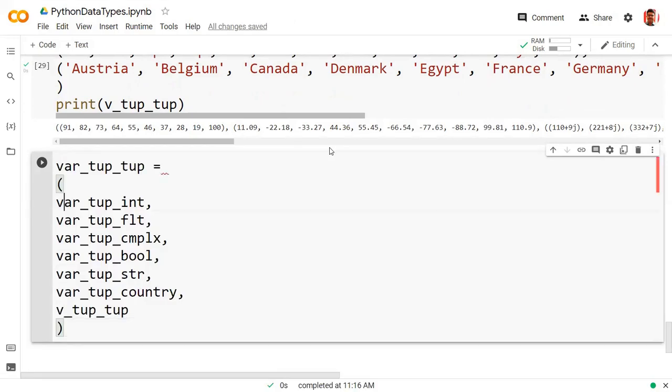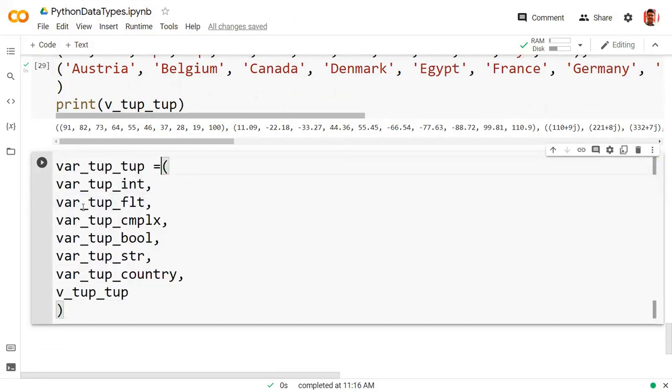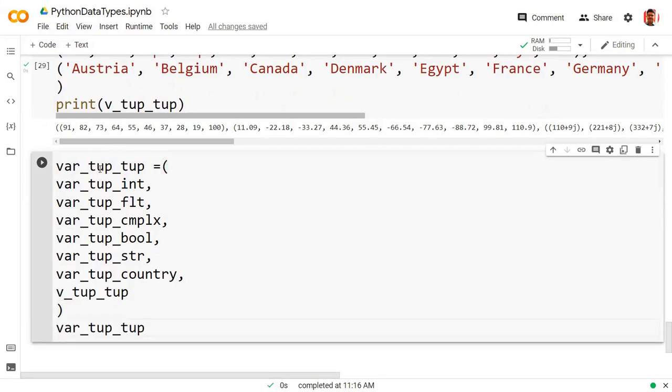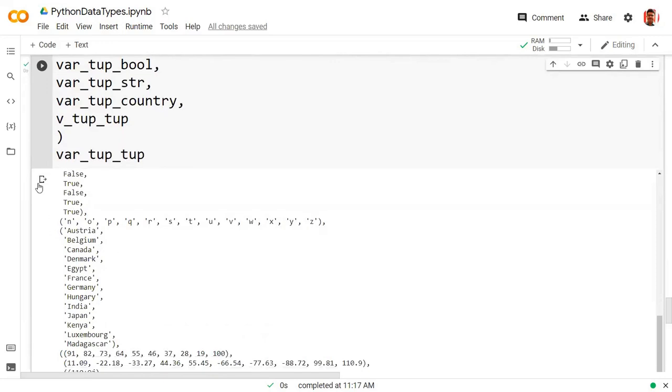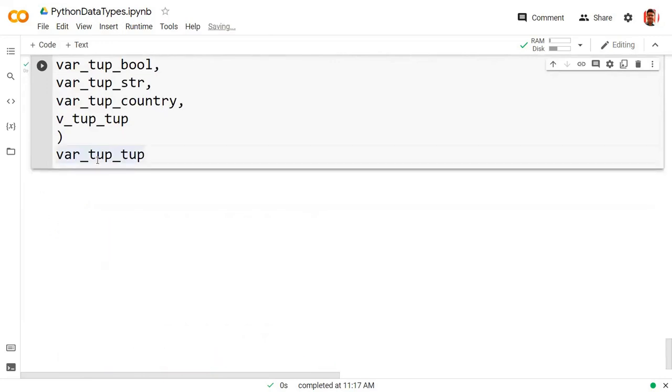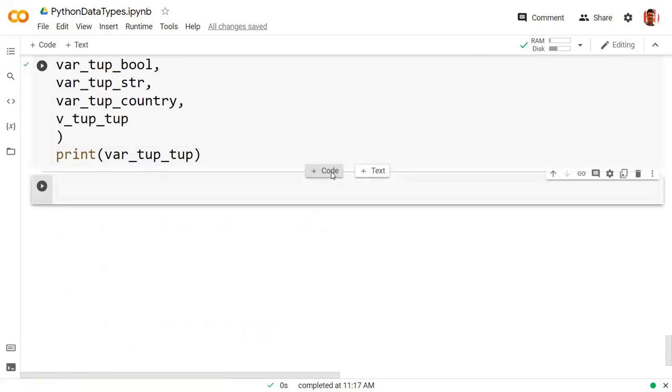So this is my tuple of those variables, and you will get the output here. So this is my tuple of tuple. These are the values which you find right here. Okay, it is quite long because we are not using the print function. Let me put the print function right here, and then we will print it. Then it will be in proper format. Okay, this is about your tuple.